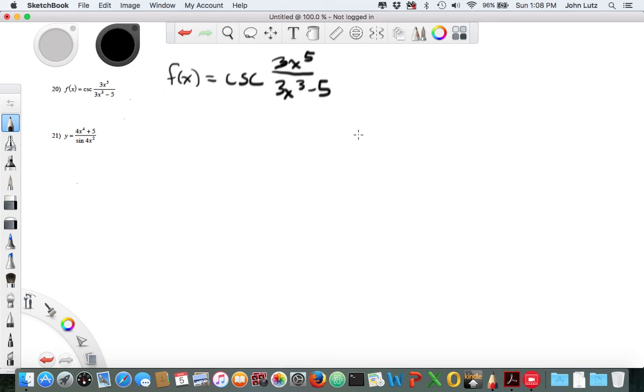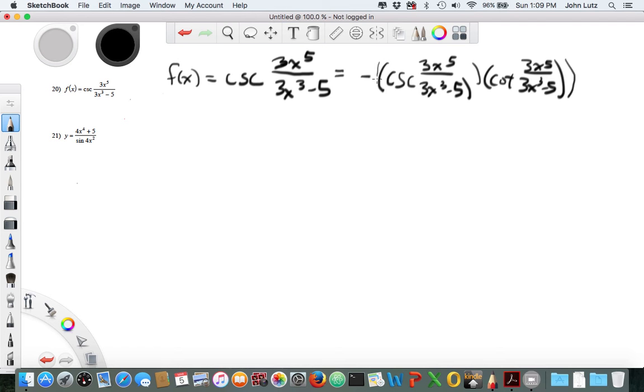So this is going to equal negative cosecant of 3x to the fifth over 3x cubed minus 5, times cotangent of 3x to the fifth over 3x to the third minus 5,